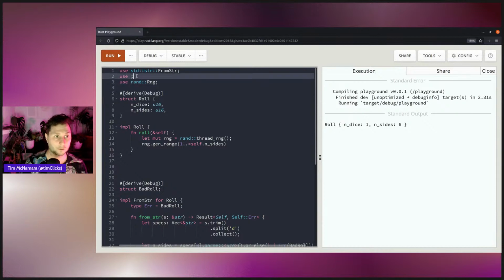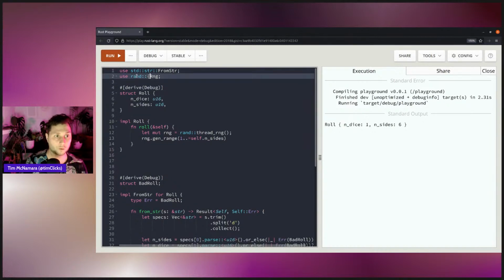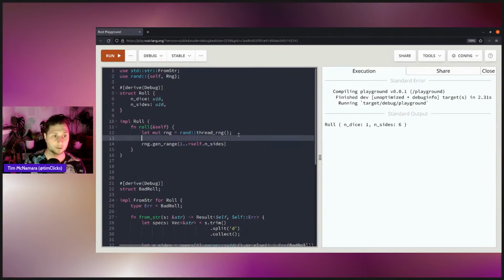Now, instead of having this on 2 lines, I can use a kind of shorthand, just bring in the self. Is it an attribute member of the rand module? So this is a different type of self. This does not refer to an instance of a type. It's actually just self in the context of a module. Right. So we saw a neat little syntax, which is